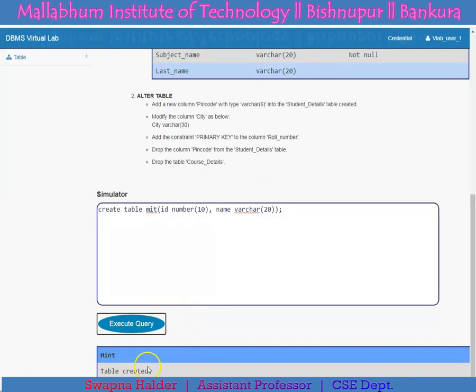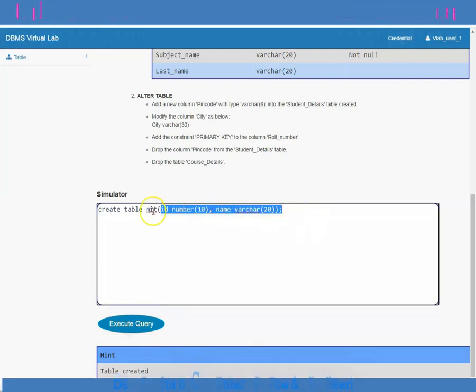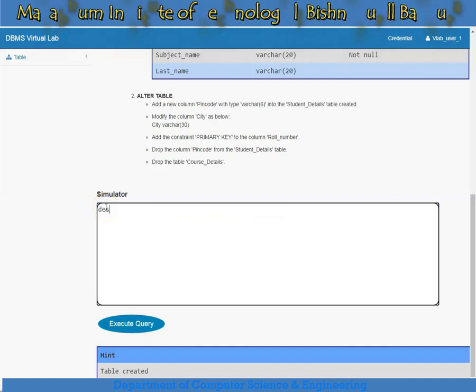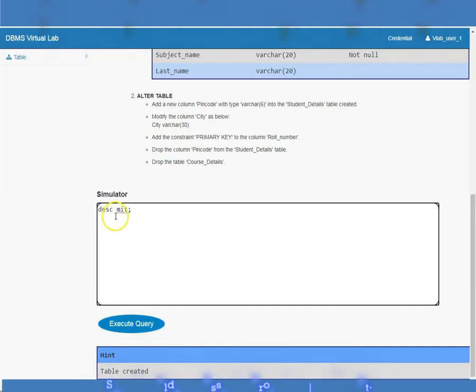Okay. Now if you want to check whether your table is created or not, or you want to see the description of the table, then just remove the previous query and type here DESC MIT. Next, click on execute query. DESC MIT means you are asking for the description of the MIT table.